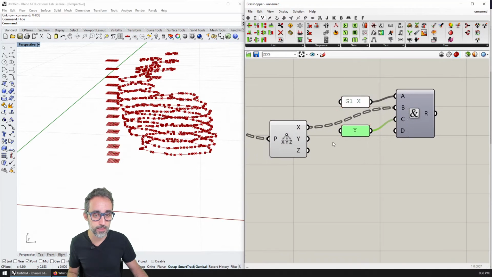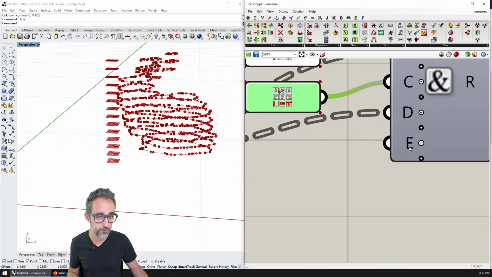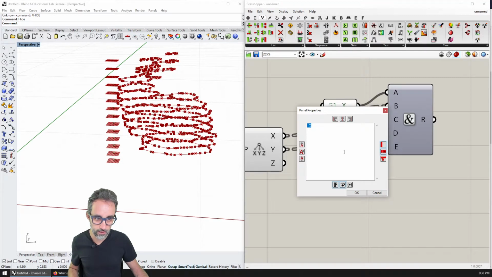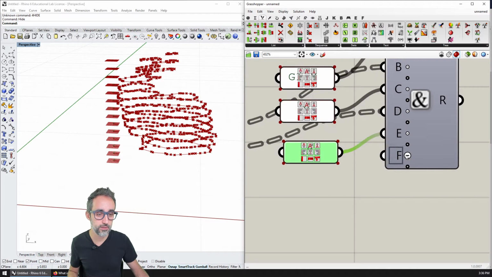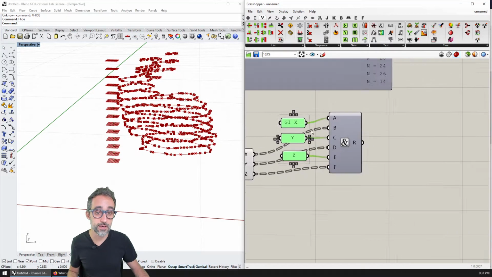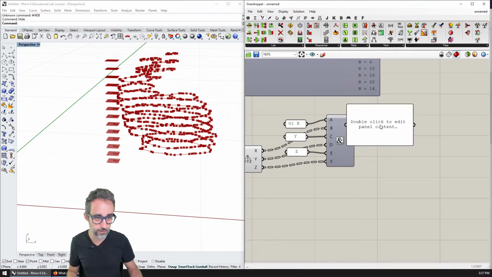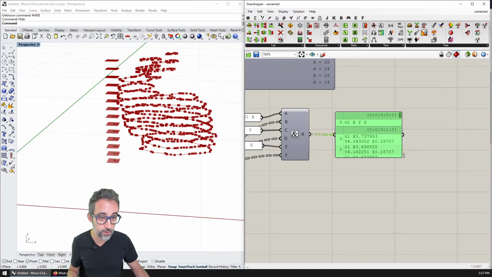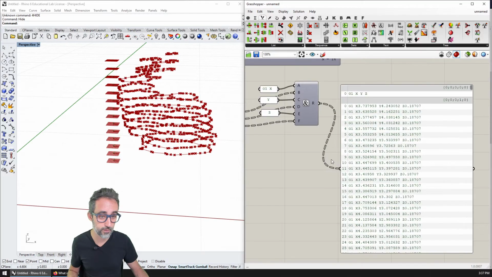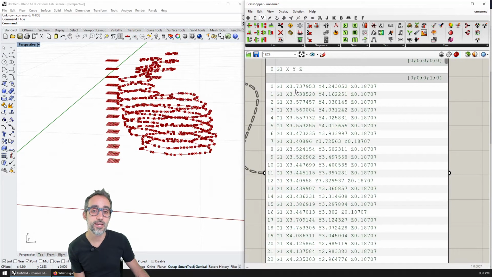I'm going to add another input, and then here I'm going to plug the value of Y. Then next I'm going to add another input that is going to be the white space, Z, and then the last thing that I'm going to plug in is going to be the value of Z. Correct? And once I have that, you can see that if I plug in a panel, we are going to have all this stuff here, okay? And you can see that the code is starting to look a little bit more like G-code.